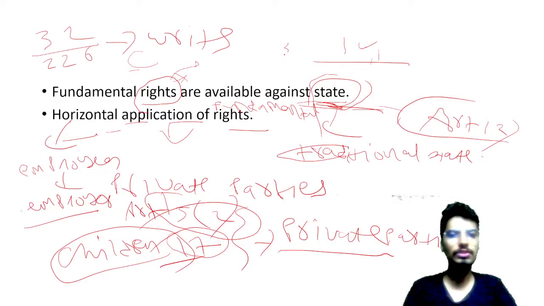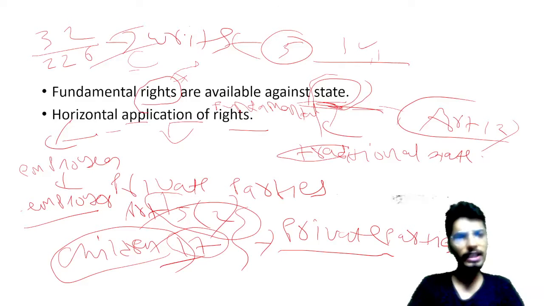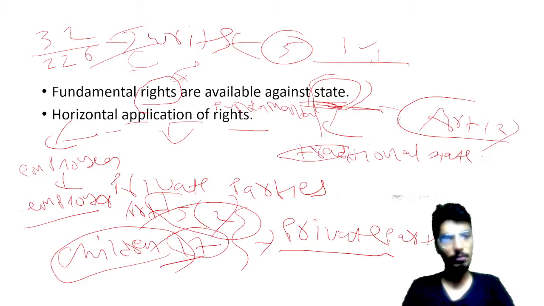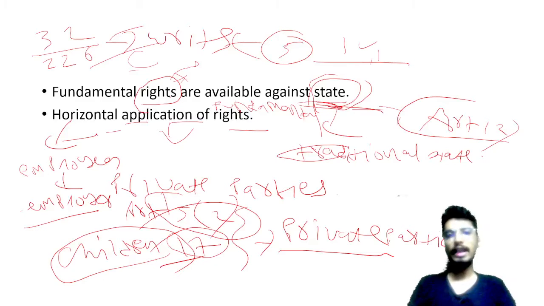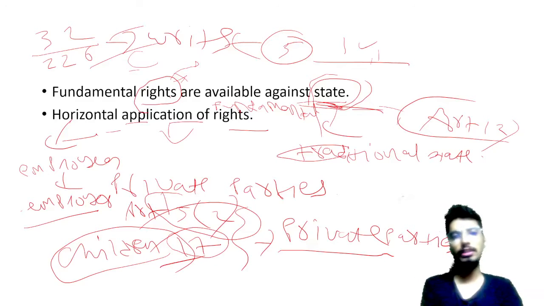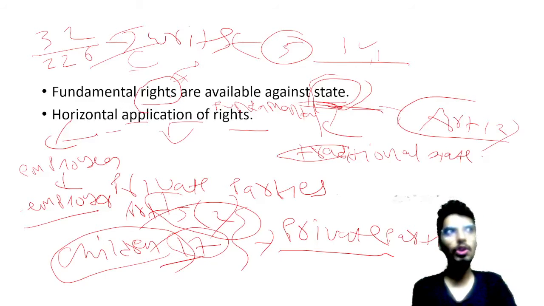So there are 5 kinds of writs which can be issued by the Supreme Court as well as High Court. So that is a different thing. We will read when we will move to Article 32. But right now we have to be very clear that fundamental rights are available against the state, and in modern times, because that is the need of the hour, a lot of functions are done by these private parties, a lot of things are done by the private parties. So today state is not doing all those things.